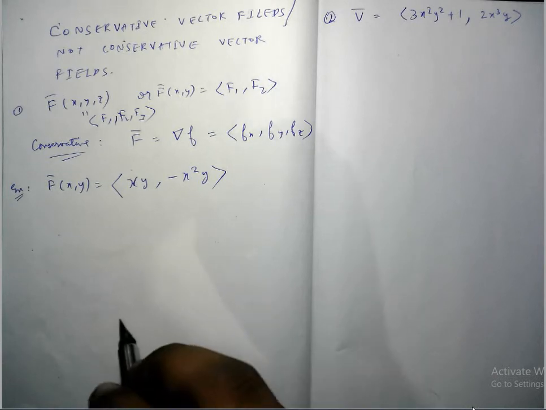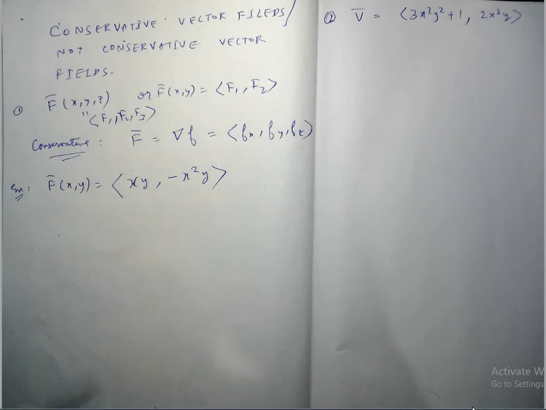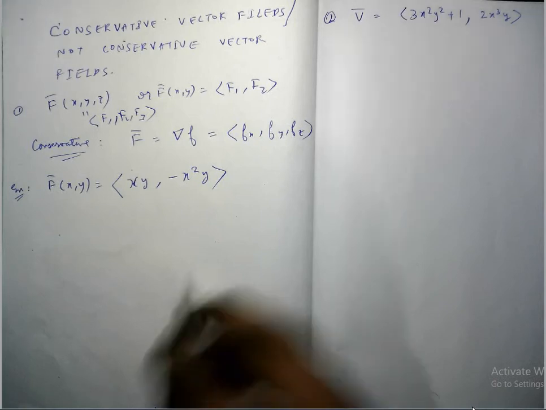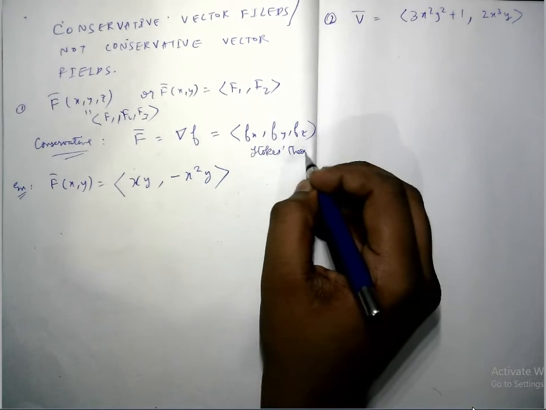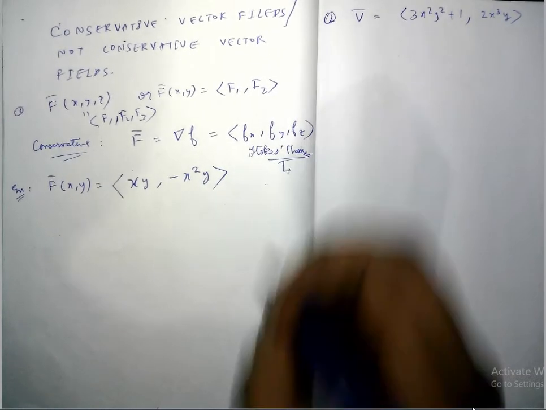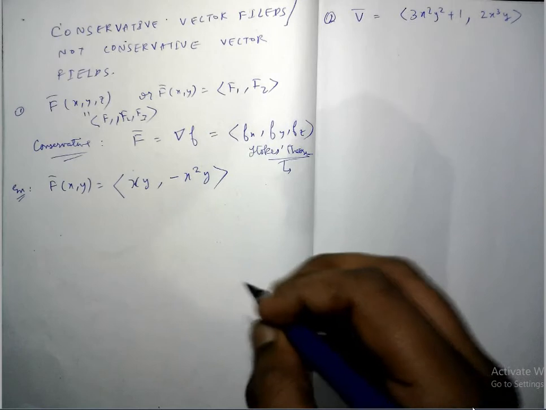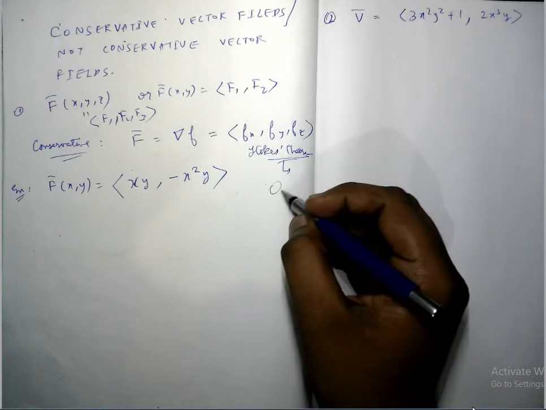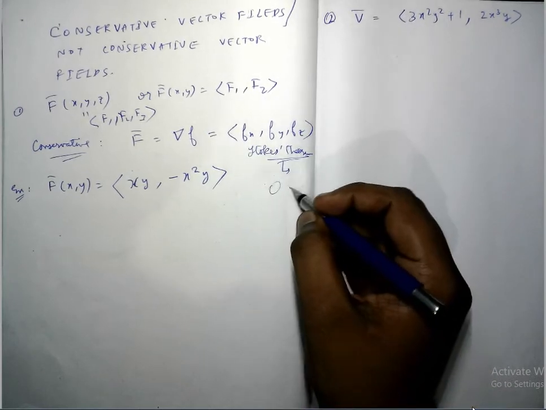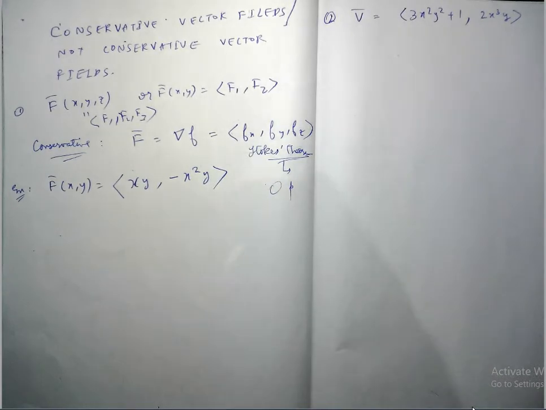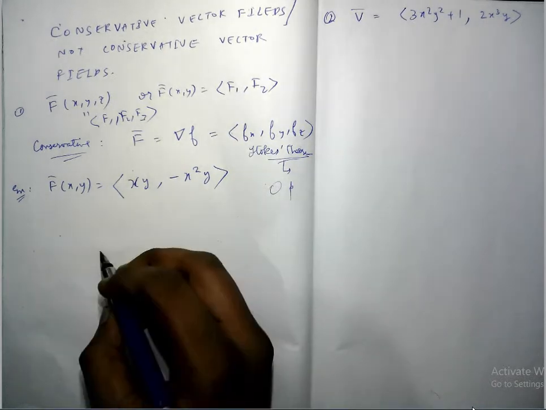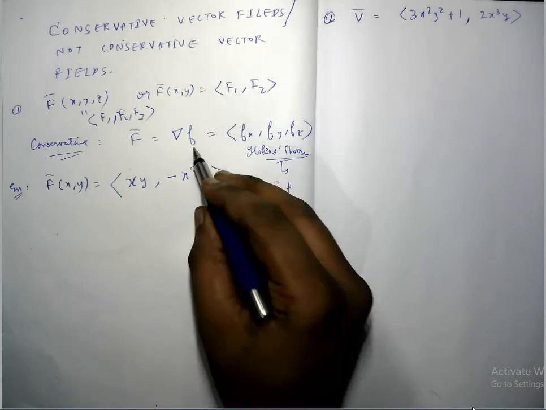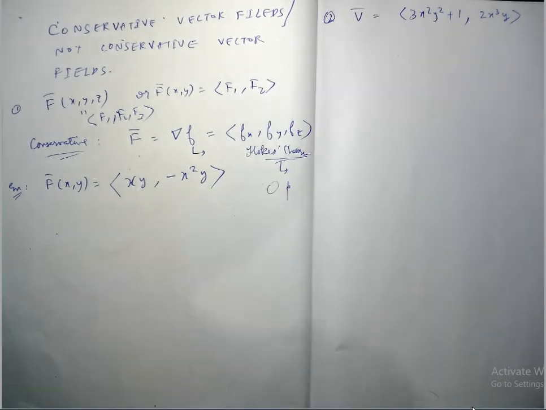It is important for the calculations when we integrate some functions over some space. Conservative vector fields are easier to deal with than non-conservative vector fields. We will learn that when we learn about Stokes theorem, which basically says that if you want to integrate a conservative vector field in some space, you just evaluate the potential function at the boundary points. That is something that we'll learn later. For now, the potential function is the function f whose gradient is the vector field capital F.